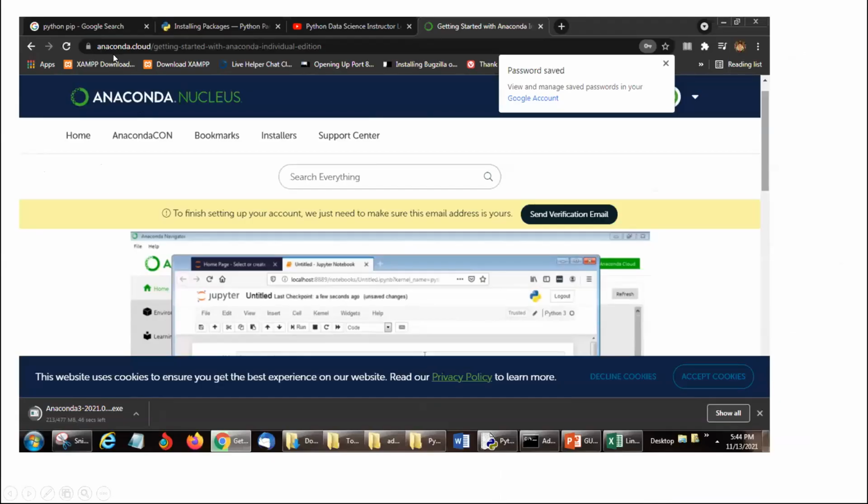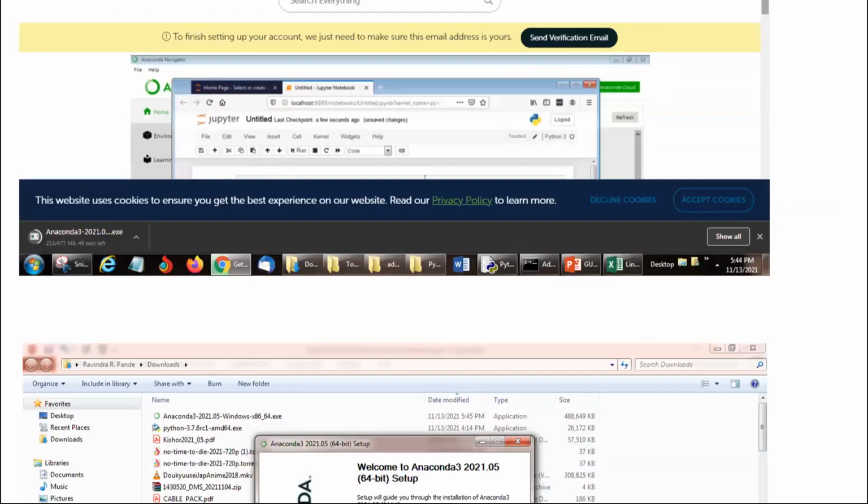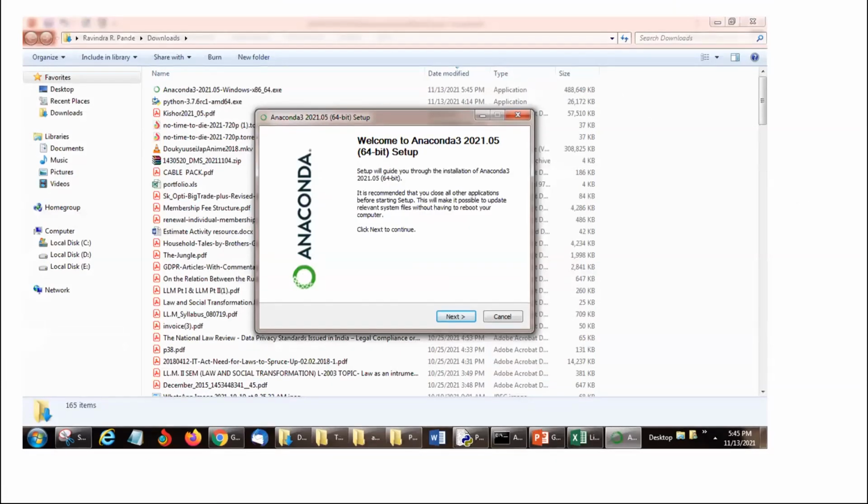Yes, for Anaconda, go to Anaconda.cloud, getting started with Anaconda individual edition. Whatever you downloaded, please note down those versions. I'll update mine. I have Anaconda 3 2021, so I need to update to the latest one so that all these Python version things will also work. You need to get registered with your Google account or whatever account you're using. Please accept cookies also so that there will be no problem. They won't share your data with anybody. These are all scientific community, so please don't worry on that part. So we have to install Anaconda as well. Do you have Anaconda on your system, Balaji, madam?